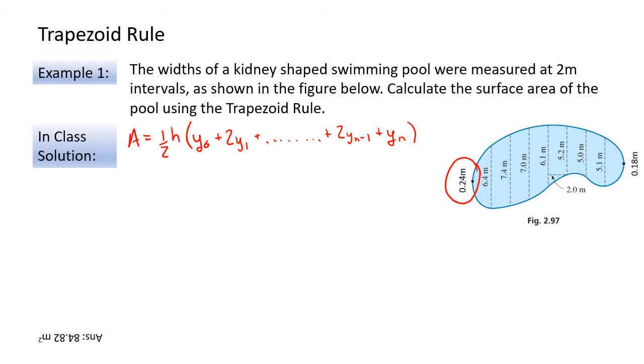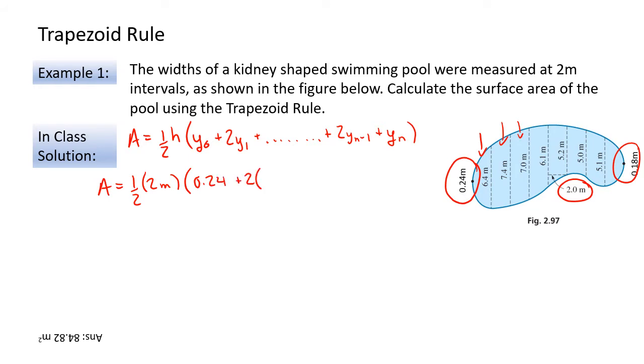And our last measurement is 0.18 meters. Okay? And our distance in between given in the question was 2 meters. So you look at each of these dimensions and you just start filling in the formula. So the area is equal to 1/2 times our height, 2 meters, times our first measurement, 0.24 meters, plus 2